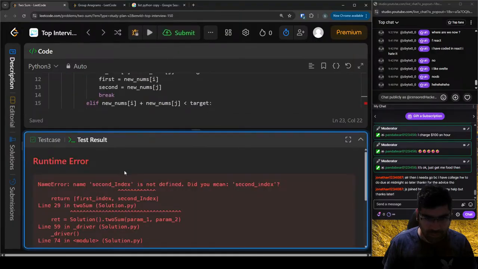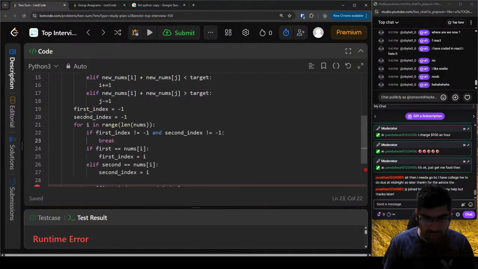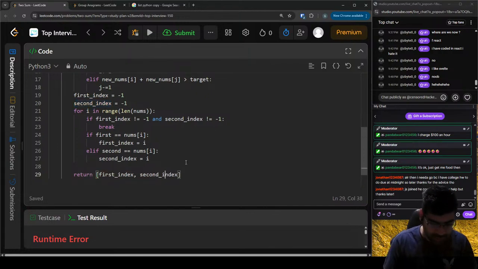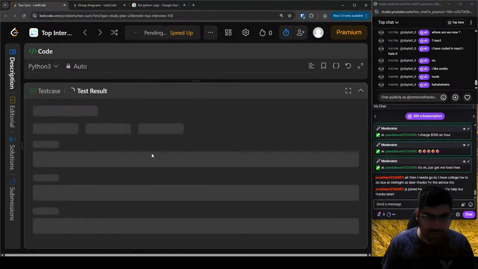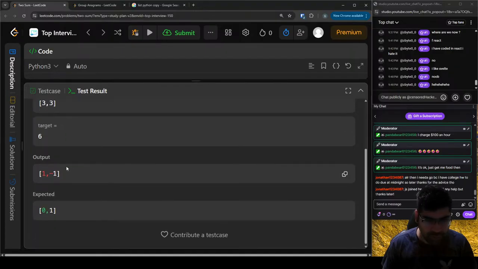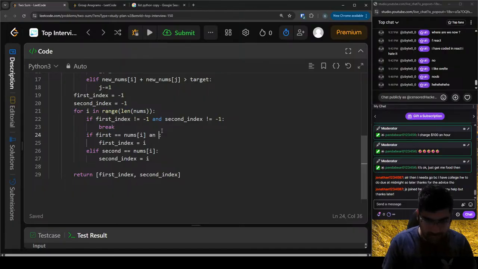Wait, I didn't break. Second index. Oh, small i. Disk. Okay, the first one, the third one is not working. I have to change this condition, because if it has already gone for that thing, like